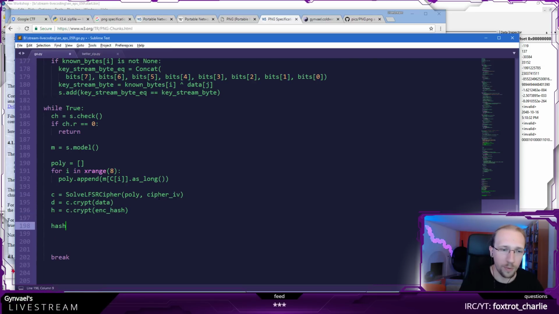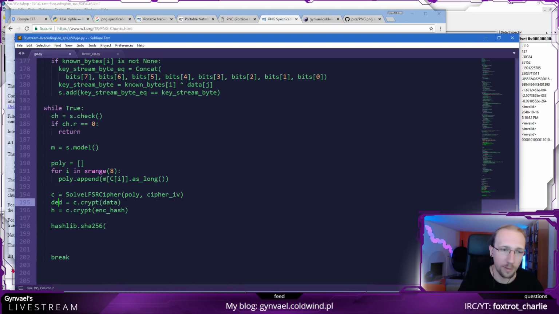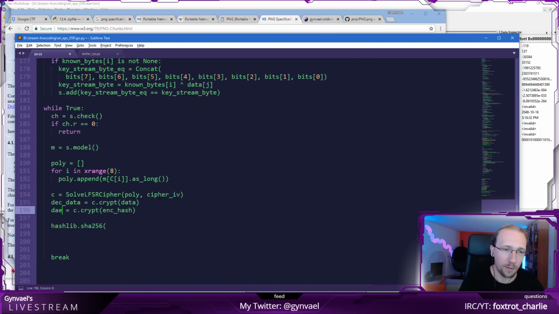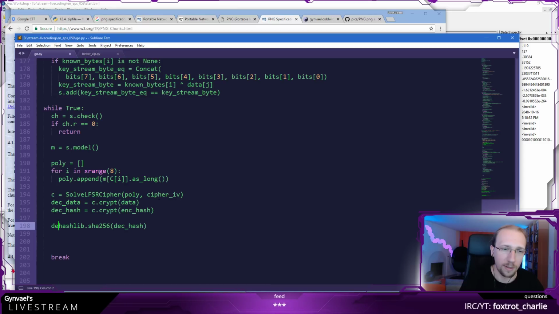And then what we do is we do a hashlib.sha256 of the decrypted data. So this is like decrypted data and decrypted hash. We calculate the hash of the decrypted data, and that's like dec data hash.